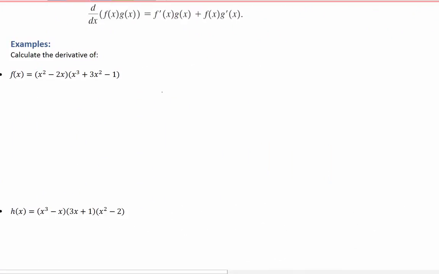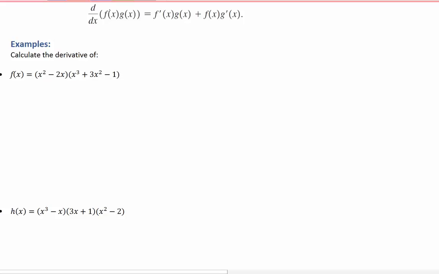So today we're going to talk about the product rule, and the product rule will help us take the derivative of things like this. For example, where we have two terms that are multiplied together. So instead of foiling it out or expanding this expression and then taking the derivative, instead what we're going to